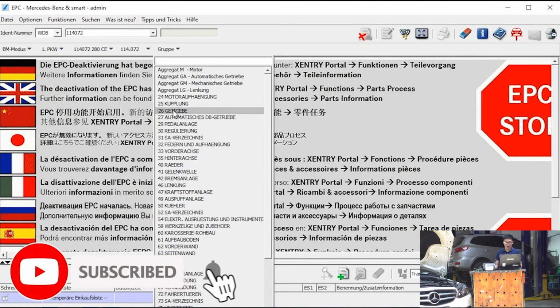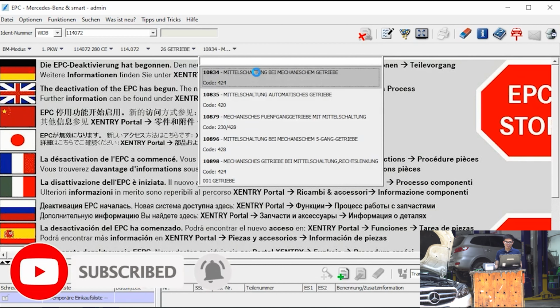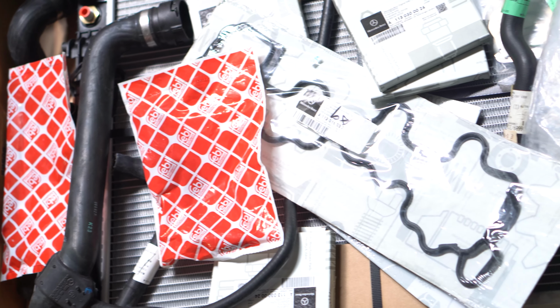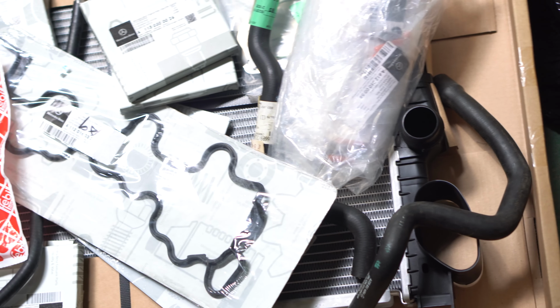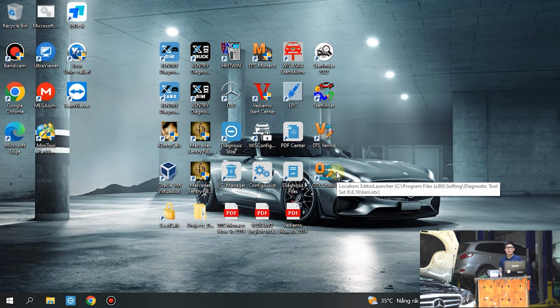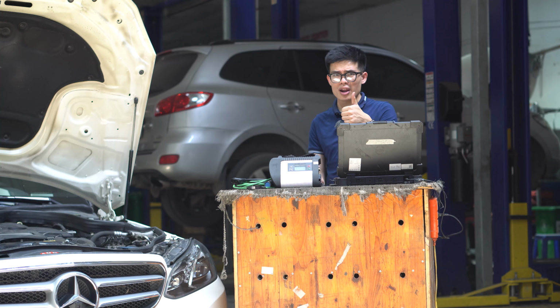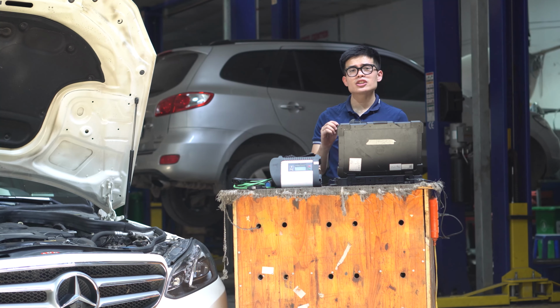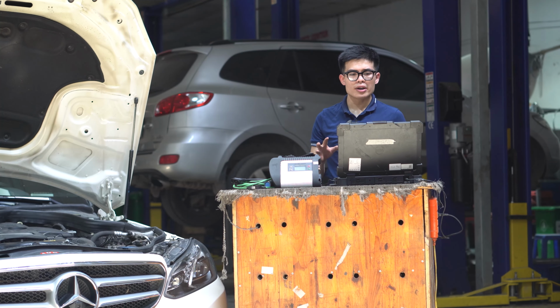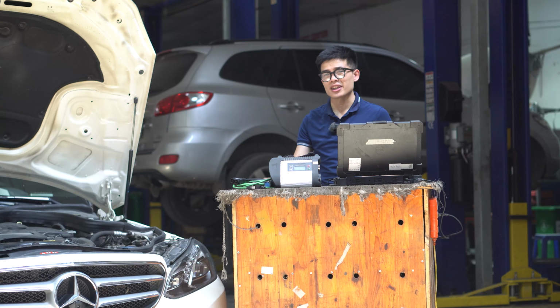However, it will tell you the exact part number to help you make sure you can replace the correct part you need. And the secret I want to reveal to you is that the software includes SysKey software. It can help you access the control unit and help you replace parts and retrofit whenever you want. That sounds great, right? Okay, I just introduced to you all the software that helps you repair your Mercedes.